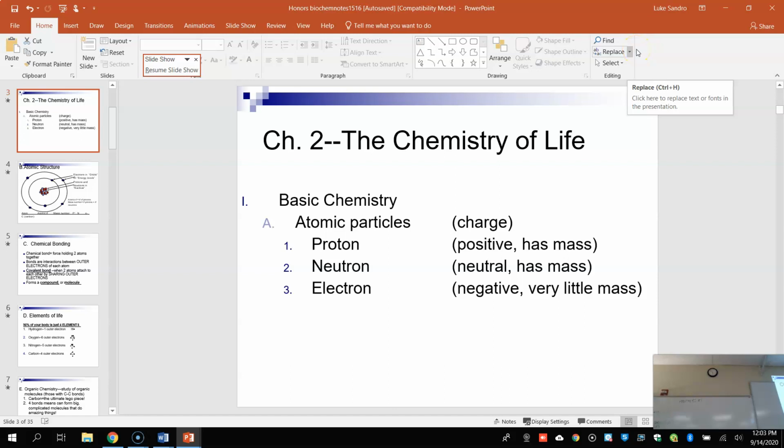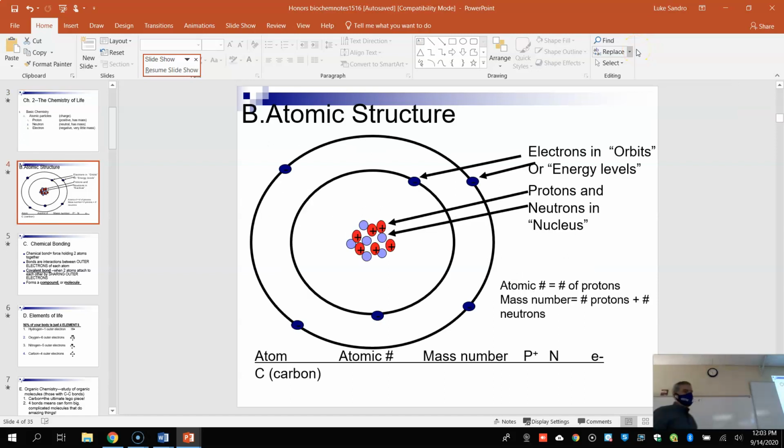Review that we spoke of subatomic particles on day 2 of last week. Protons, neutrons, and electrons. You need to know that the protons are positive and neutrons are neutral, and that both of them have significant mass, whereas electrons are negative and have very little mass, which means that the structure of an atom